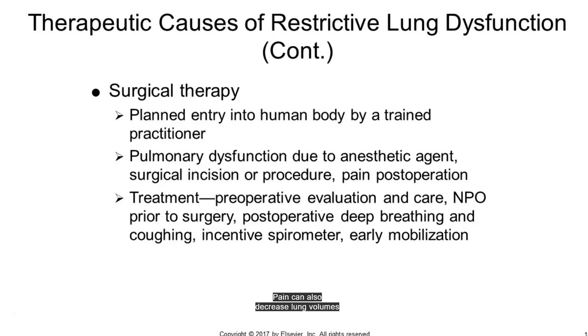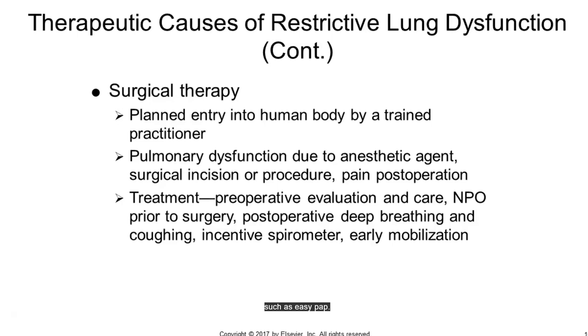Pain can also decrease lung volumes and increase work of breathing significantly, so pain control is of utmost importance, along with splinting to encourage deep breathing and coughing. Drugs such as cimetidine and ranitidine are used preoperatively to increase gastric pH to prevent chance of aspiration, and post-operative hypoxemia can be treated with oxygen, including CPAP and PEEP, and atelectasis prevented with IS, early mobilization, and positive airway